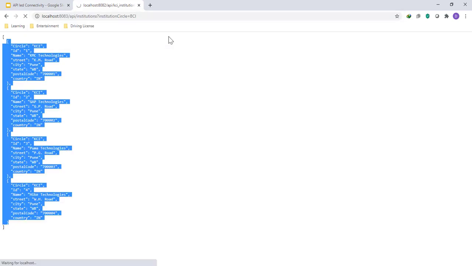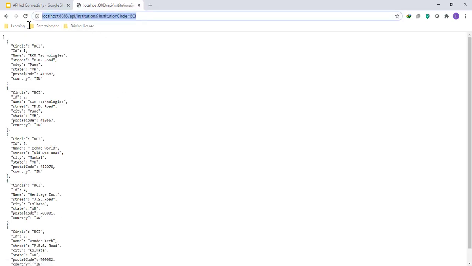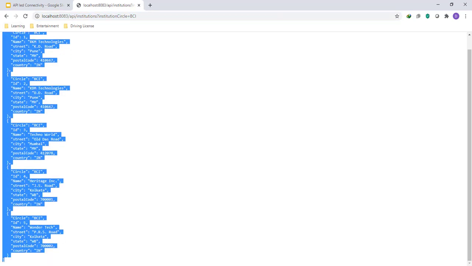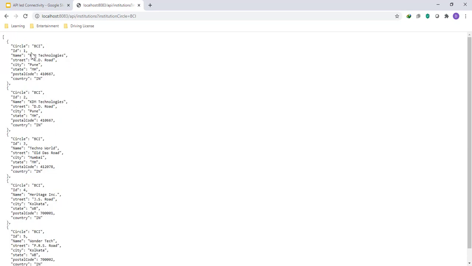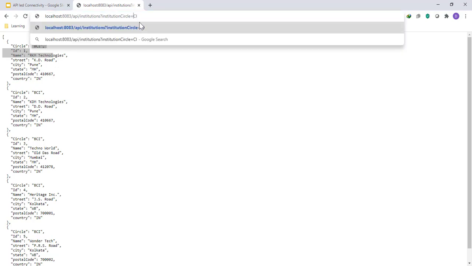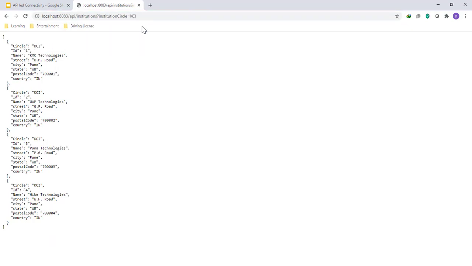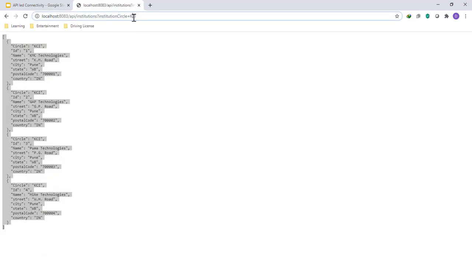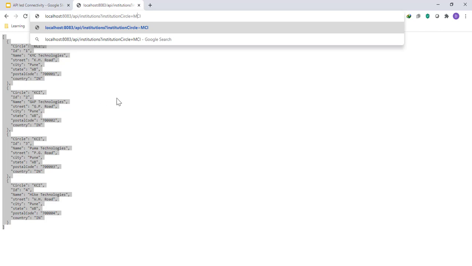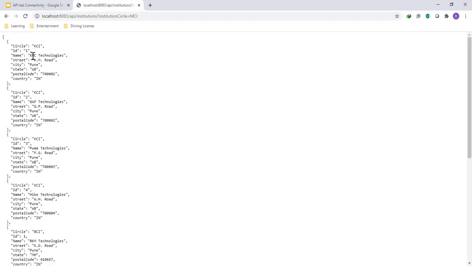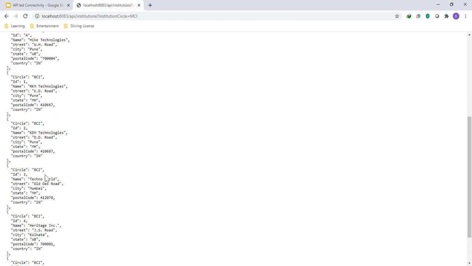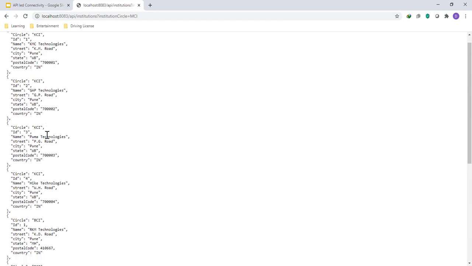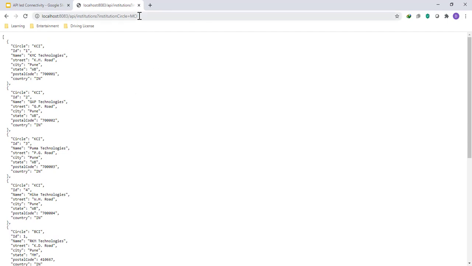Now let's have a look. This is the process API URL, and as you can see, it is working as expected and successfully retrieving the data from the BCI, as we have mentioned here, BCI. Now we will mention the KCI. As you can see, it is fetching the KCI-specific data. And now if we mention MCI, as you can see, it fetches KCI-specific data as well as BCI-specific data, right? So it has fetched both sets of data.